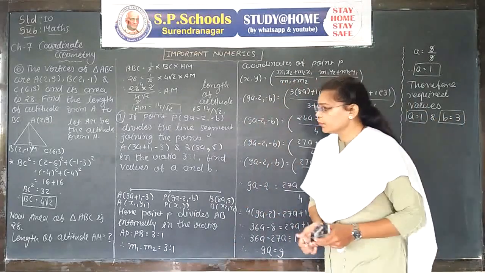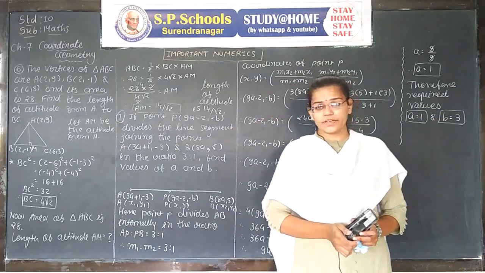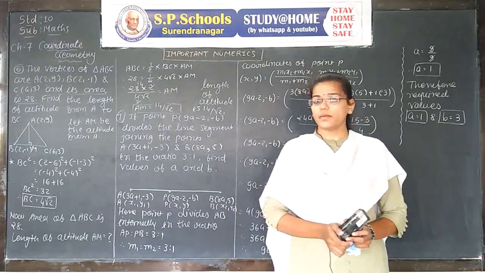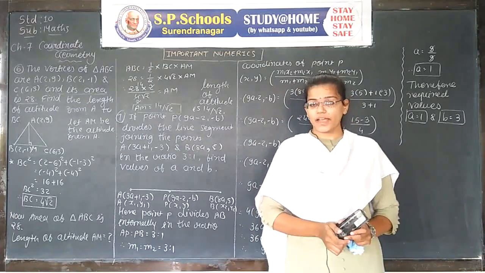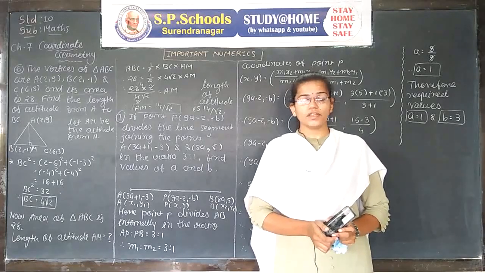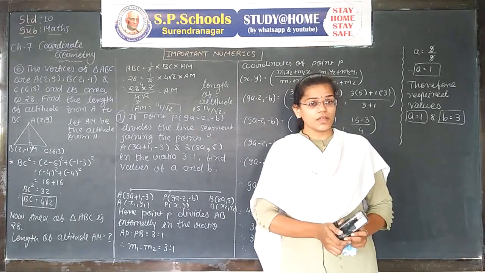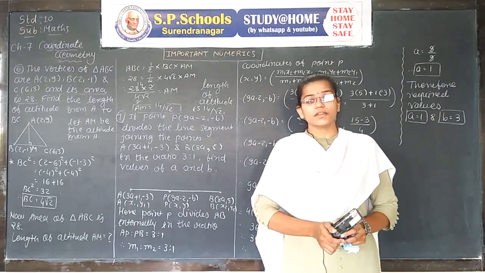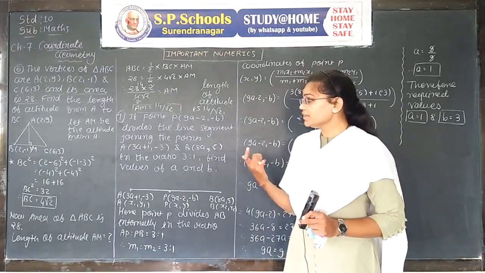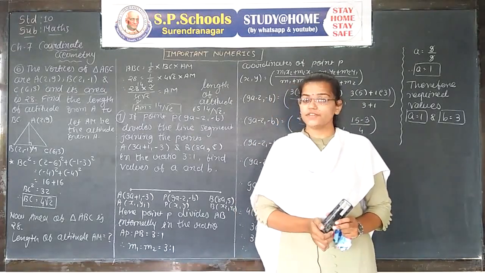Some important numericals are completed in this session. Coordinate geometry is the easiest chapter. Try yourself to solve some numericals regarding our exercise 7.1 and exercise 7.2. Exercise 7.3 is related to area of triangle, which is cut from our syllabus. That's why we can't apply the theory of area of triangle in our e-learning session. Try to do your homework yourself.